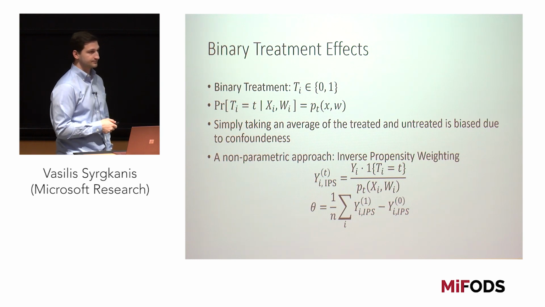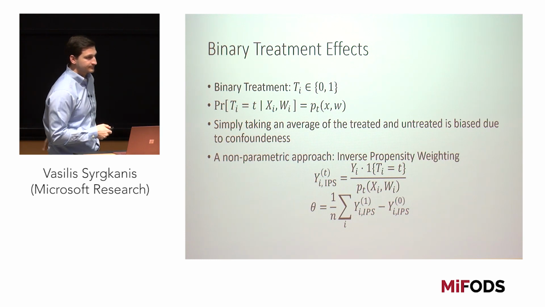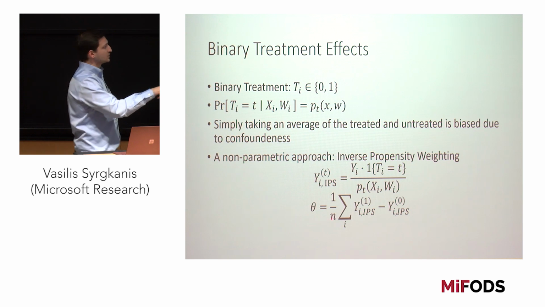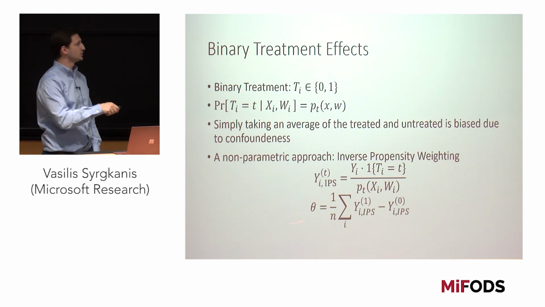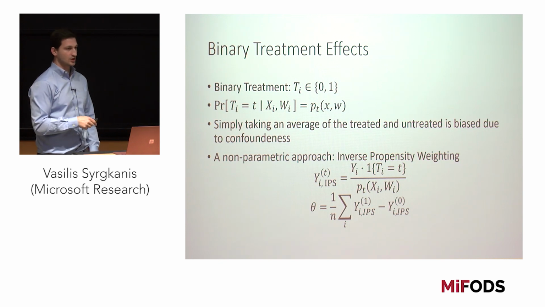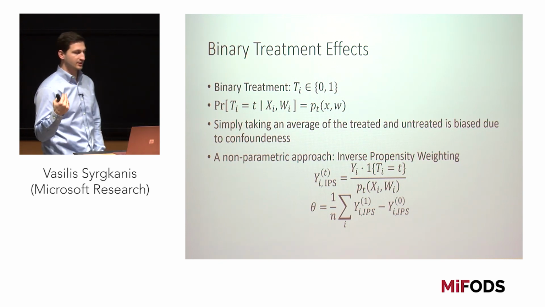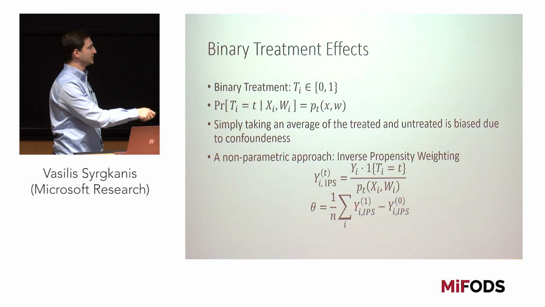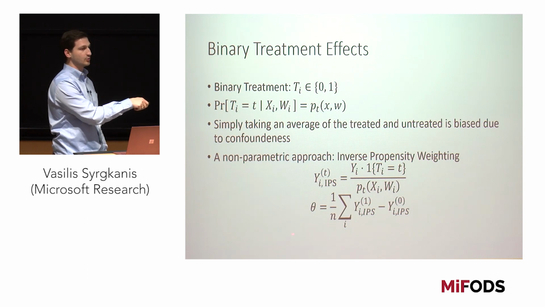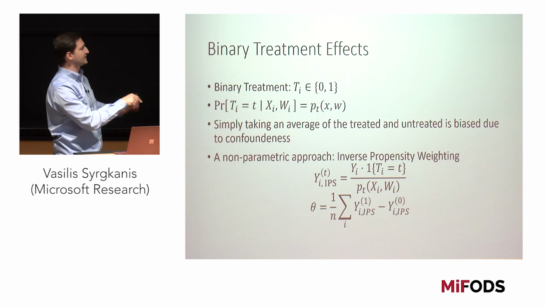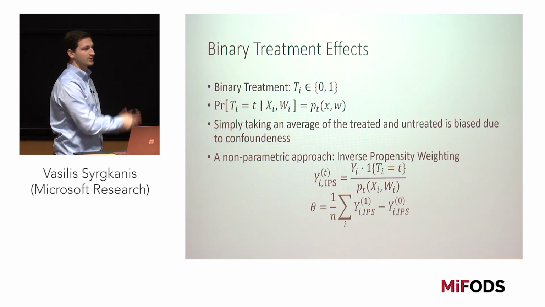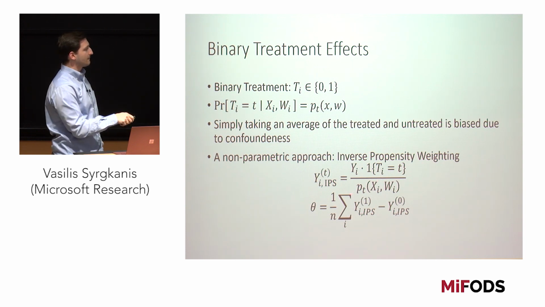How did you resolve the problem of not having a model to estimate PT at this point? Yeah, so here, if you knew the propensity in the data, then you wouldn't need to fit any model. So if you knew what policy was being deployed in the hospital, for instance, you would just use that. You wouldn't need to fit a model. But as you say, many times you would, and this is why I'm saying this is not a very model-heavy approach. But again, if you don't know the observational policy, then you need to fit a model for PT.